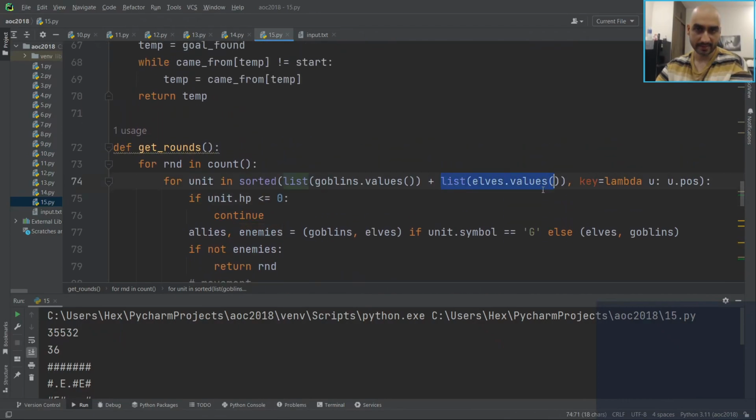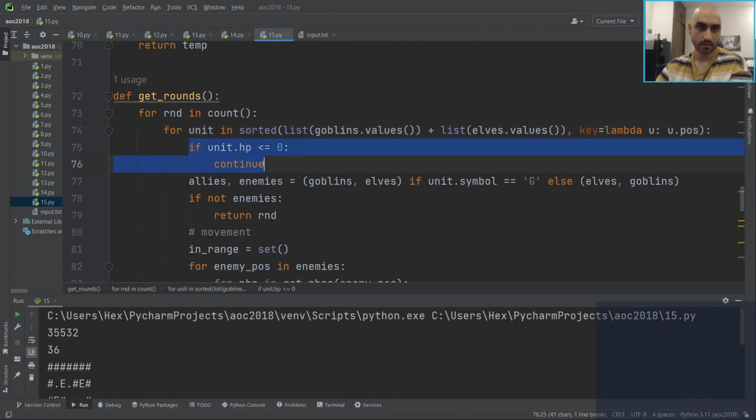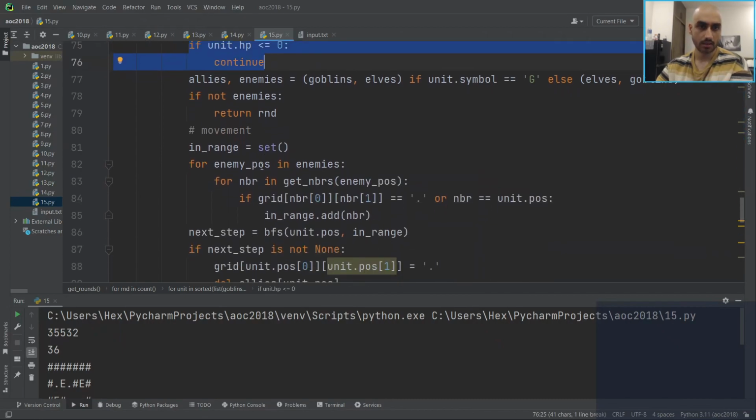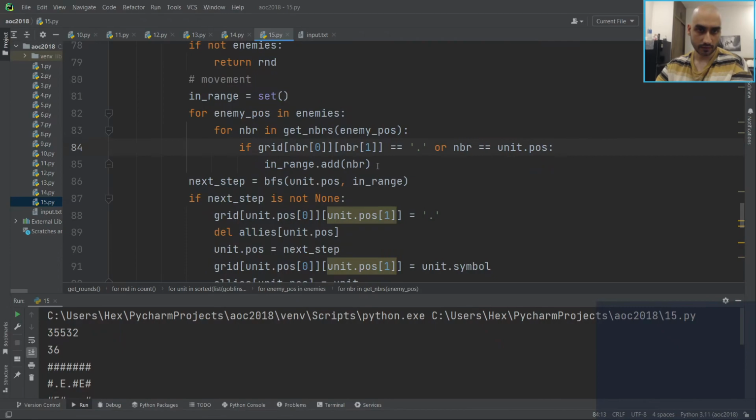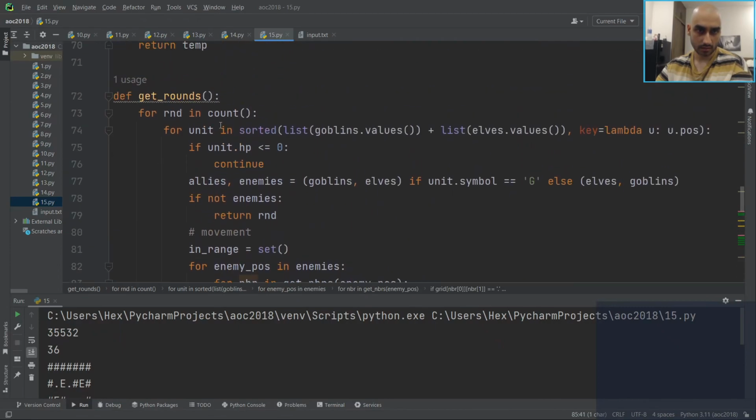If we pull him up on this list, we'll skip him because he doesn't have HP. And now if enemies is empty,